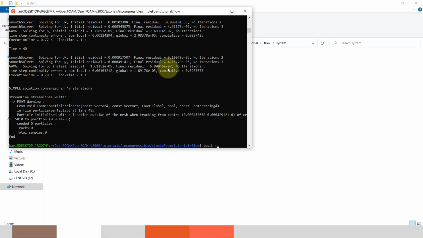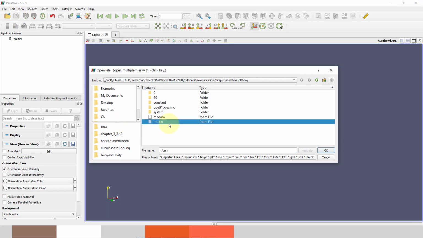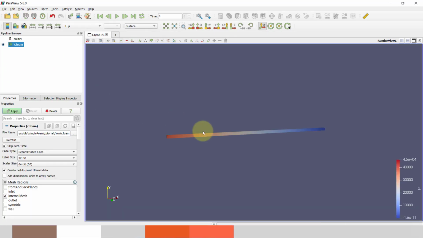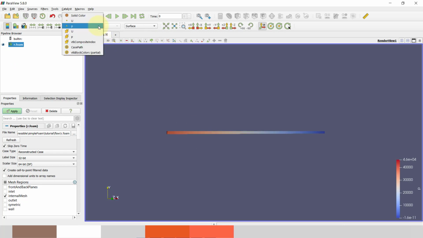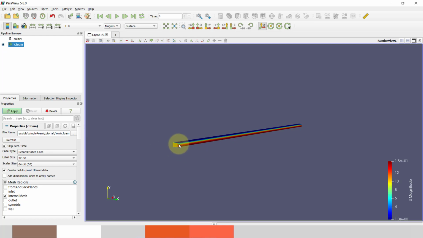touch r.foam, and open our result file. If I want to show the velocity plot, here you can see that only half the curve is available. So how do we see the full curve, the full velocity profile?